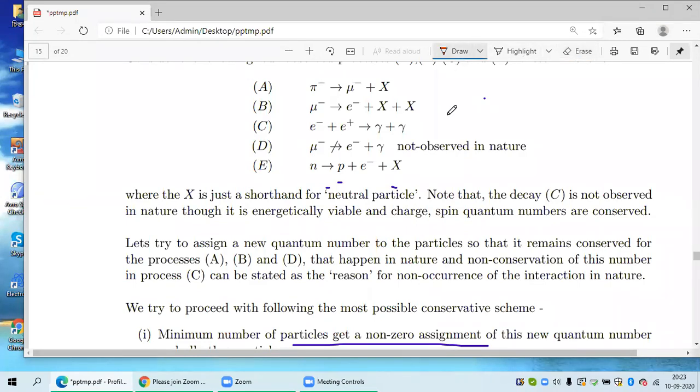I have only come up to 3, but can you say again what you just said? Mu is assigned previously, but if I choose the electron to have lepton number -1, and both X's are the same neutrino, they will have +1 and +1. Then the B reaction is satisfied, it occurs, and the D reaction does not occur, which is also satisfied. So we don't need any other quantum number.